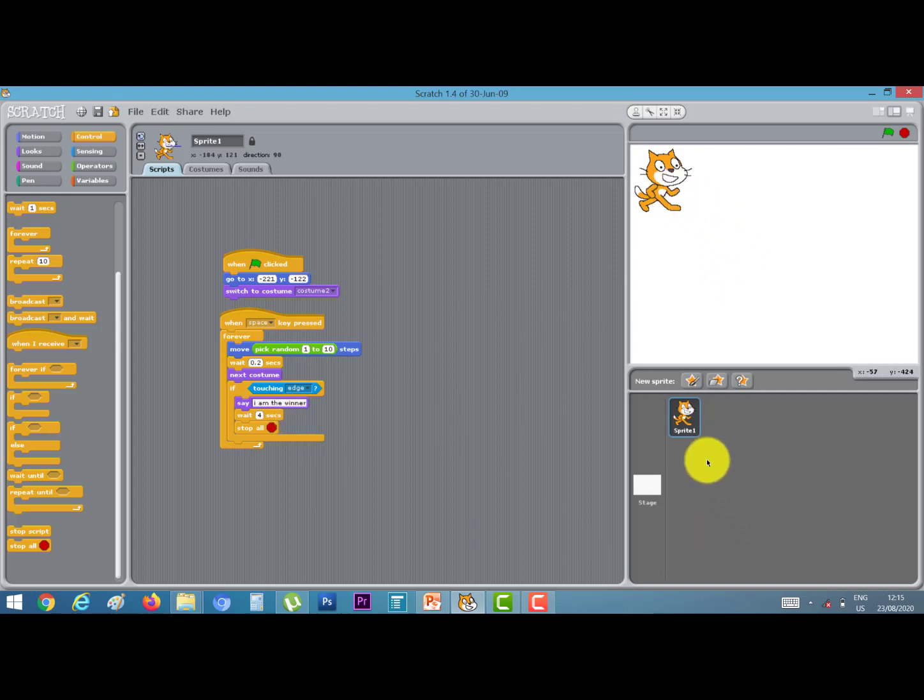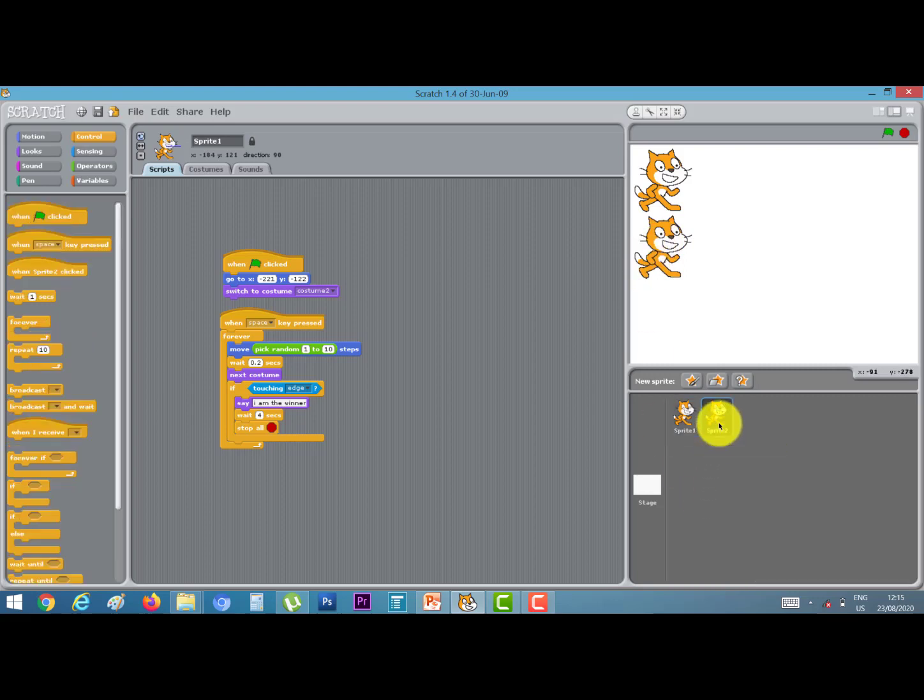Now we right click on the sprite and click on duplicate and drag it here.